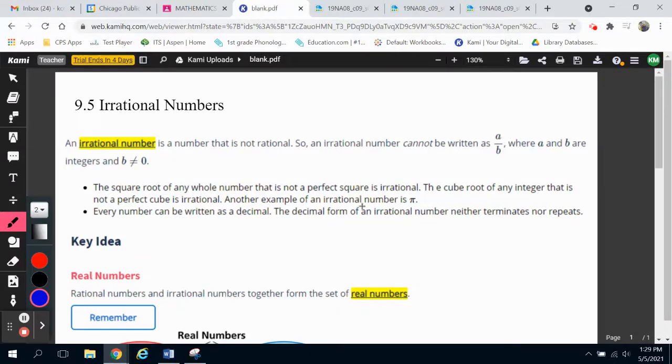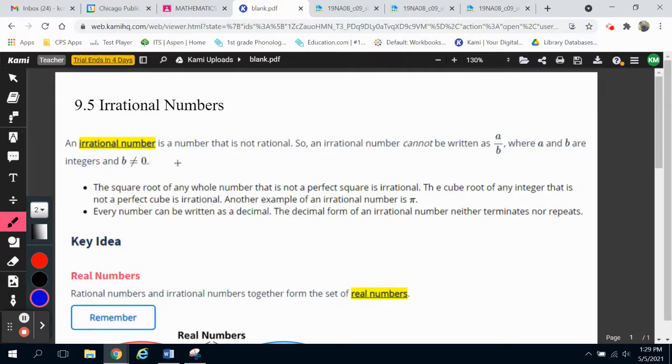Hello, everyone. Today we're going to be dealing with 9.5, which is irrational numbers. Last lesson we dealt with rational numbers. So irrational numbers are numbers that are not rational. An irrational number cannot be written as a fraction, a over b, where a and b are integers and b